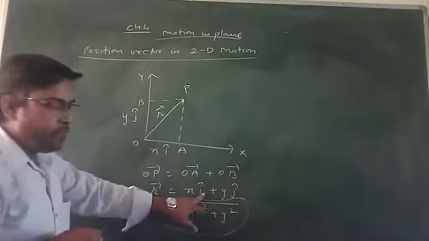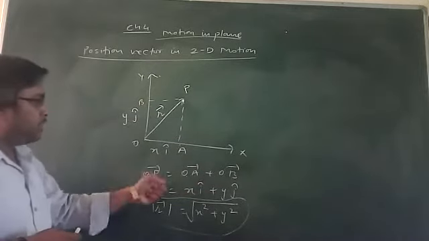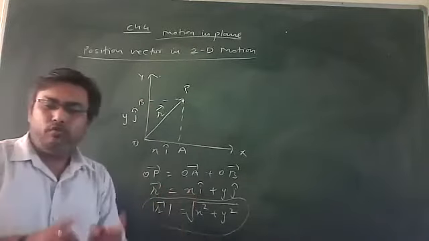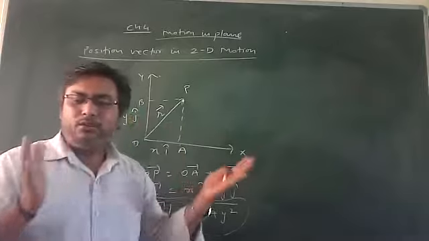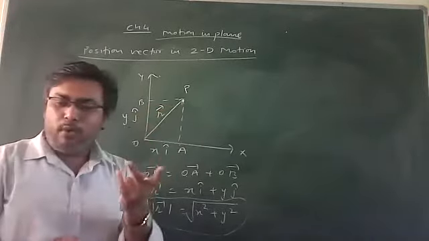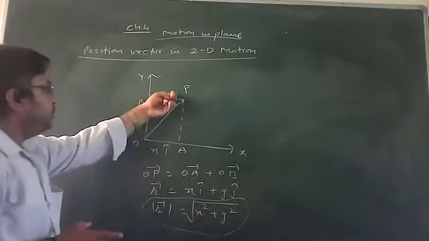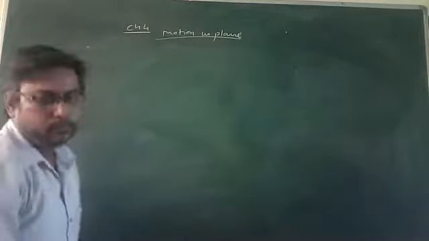But what is the position vector? Vector means direction is attached. So what will I write? r vector, and the rectangular components are xi cap plus yj cap. Make sure in 2 dimensions, everything will split into the 2 axes. The object is moving in a plane and the plane is made up of 2 axes. So here I explained the position vector with respect to 2 axes. I hope this point is clear to everybody.